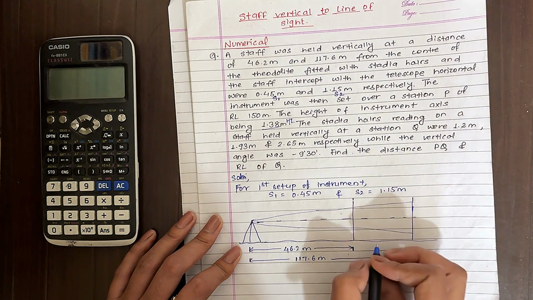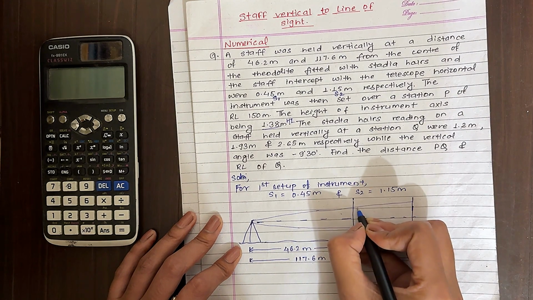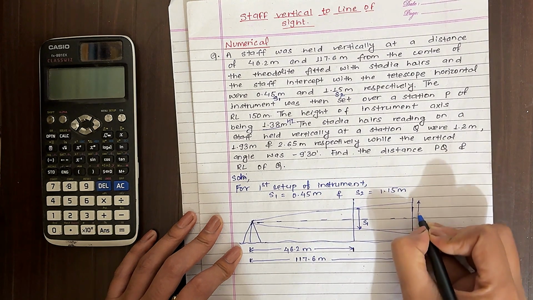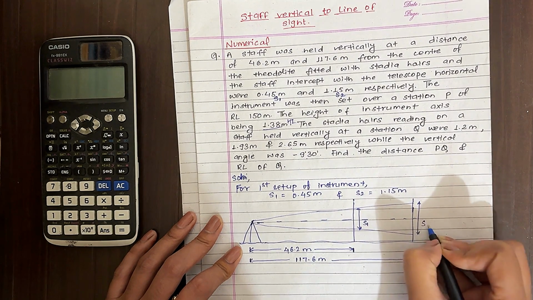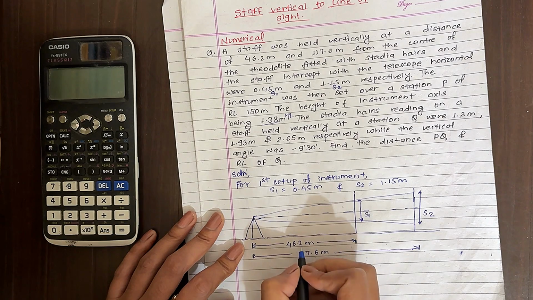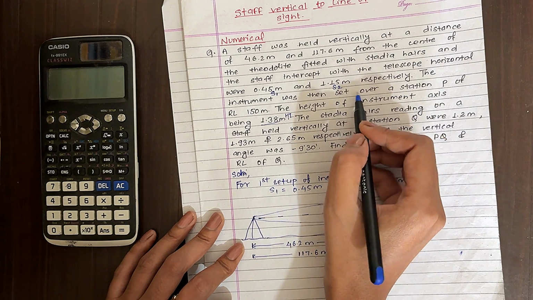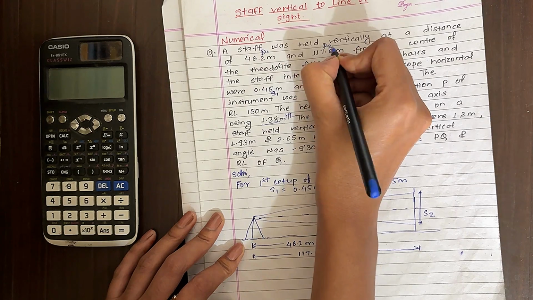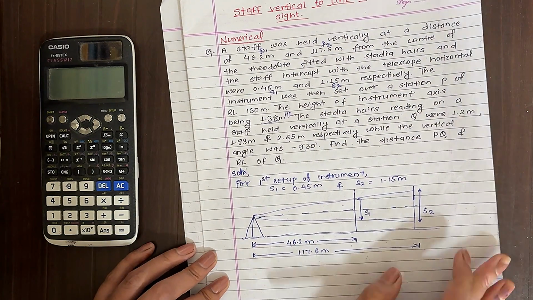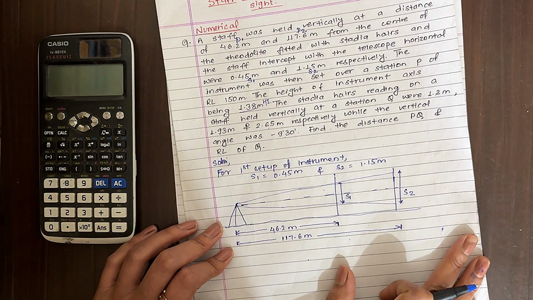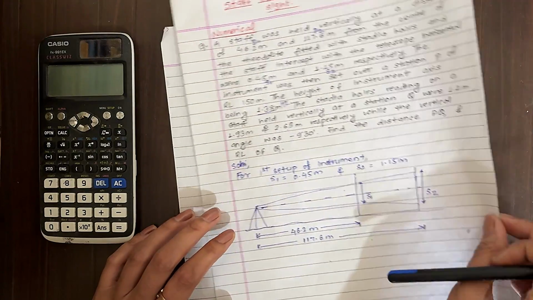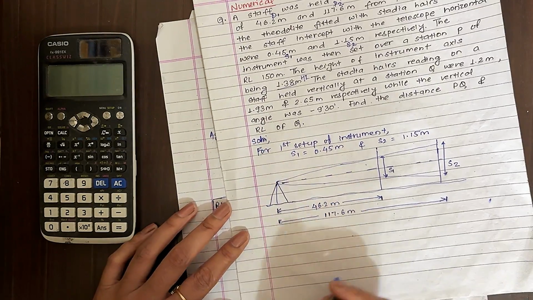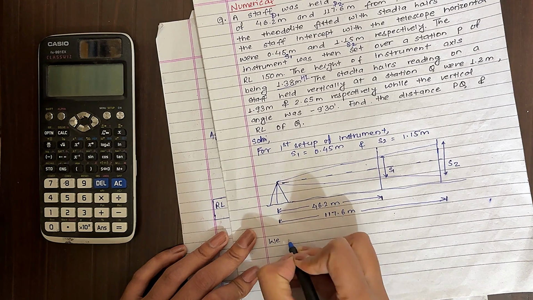These are the two readings here. So this is S1 and this is S2. And these are the two distances D1 and D2. Now for fairly level ground, we have the formula D is equal to Ks plus C. Since there are two staffs held here, we have